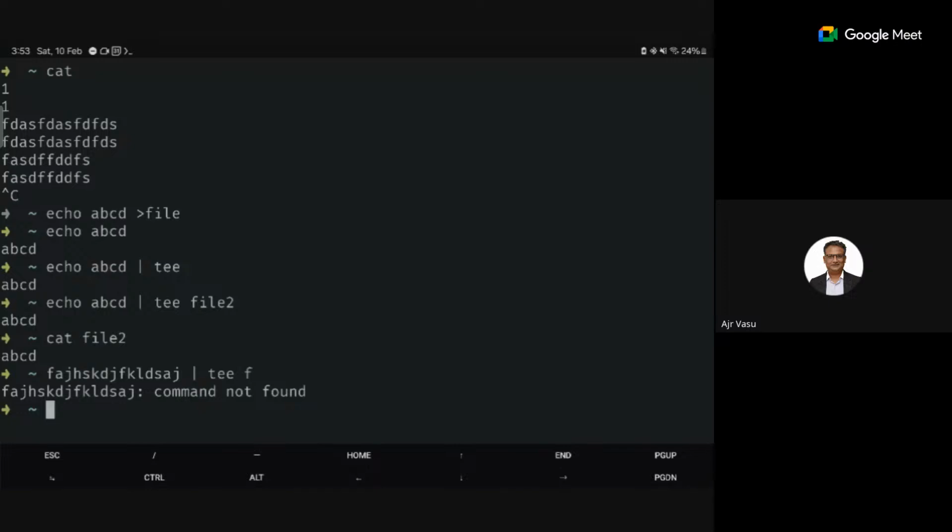Okay, I'll tell you. When you are using pipes, you cannot transfer the standard error to the next command. You can achieve it, but it is not very useful. So what I'm going to do here is redirect the standard error to standard output.